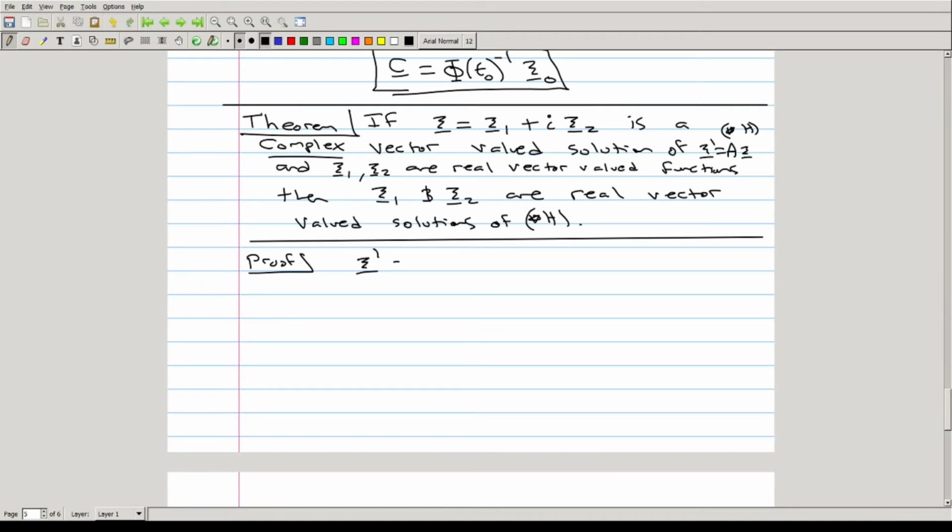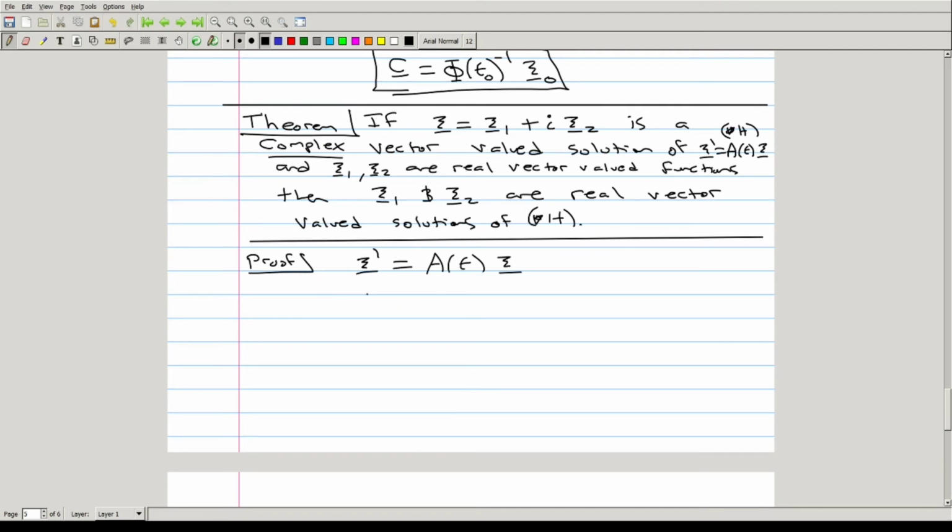We know that xi prime is equal to the matrix A of T times xi, and this actually holds more generally if you have a homogeneous differential equation that depends on T, so even non-constant coefficients. So let's make that explicit here, that A of T could also depend on T. So if xi prime equals A of T times xi,